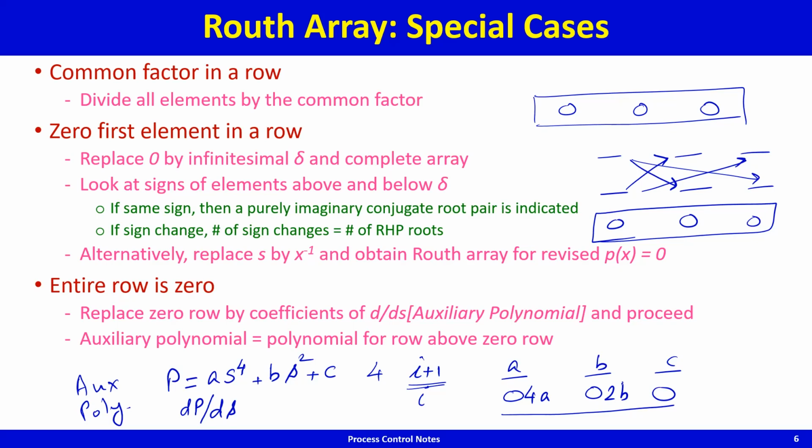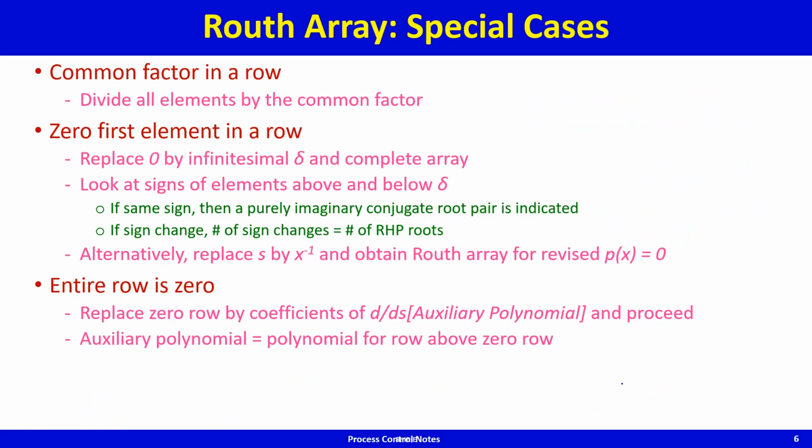These 0 rows occur because there are roots that are mirror images of each other. Roots that are mirror images would be of the form, for example, plus a and minus a. That's a mirror image root, mirrored about the y-axis. There could also be roots of the form plus bj and minus bj. That's mirrored about the x-axis. So whenever you have these 0 rows, there are roots that occur as mirror images of each other,